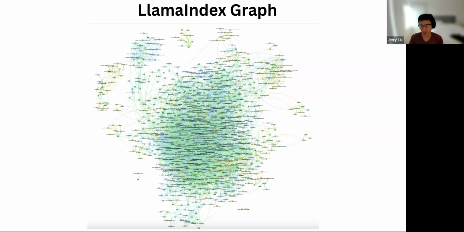I think maybe just for listeners, when we think about RAG, it typically is in a very traditional setting where you have a lot of text and then you chunk it and then you put it into a vector database. But it seems like from here, just from code, you're not really modeling it in that type of pipeline at all to start with. You're really just defining some sort of abstract syntax tree, right? And then for any documentation related things, you are splitting it up and chunking and doing some vectorization. But for code itself, you mentioned you scan the entire repo, you just define this overall graph.